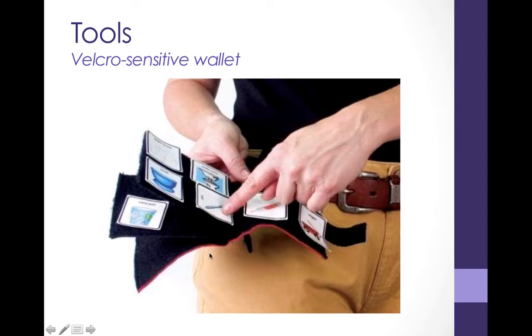And the pages are actually made out of that Velcro sensitive material, and each page has a set of symbols on them. And you can then close that up, and they have that connected to their waist, right? So again, you can be hands-free. You can grab this when you need it. It's soft. It's not going to poke into you, and it's portable, right? And you can also take it off if you don't want it to be hanging on you. But that's a pretty simple